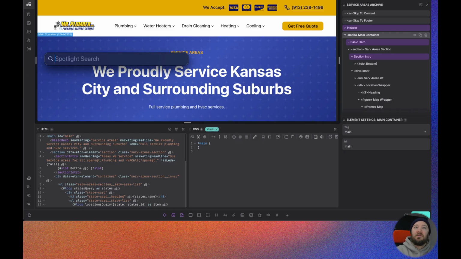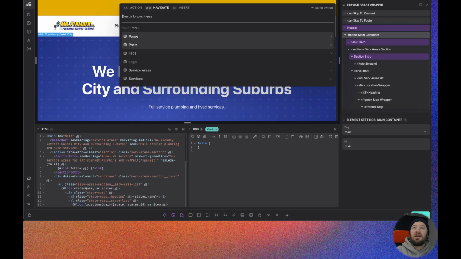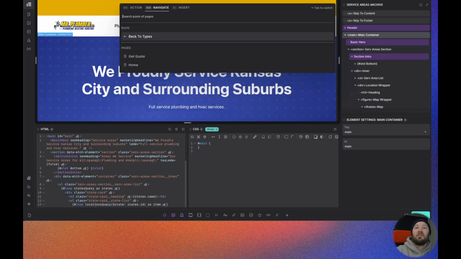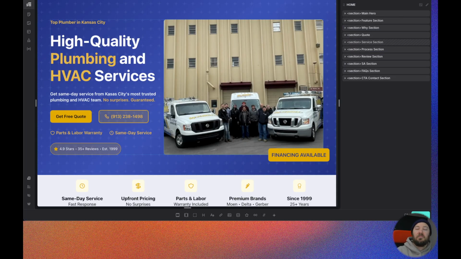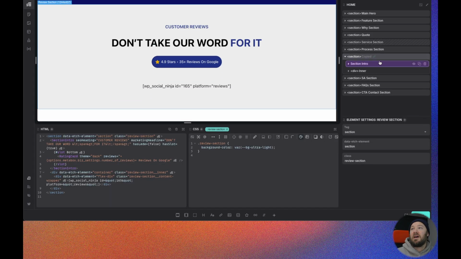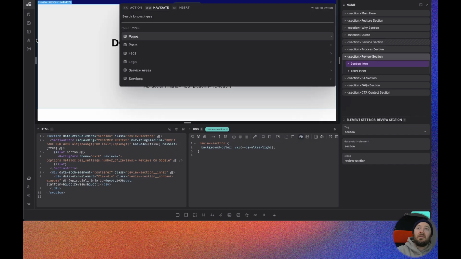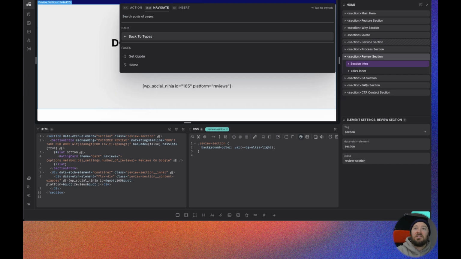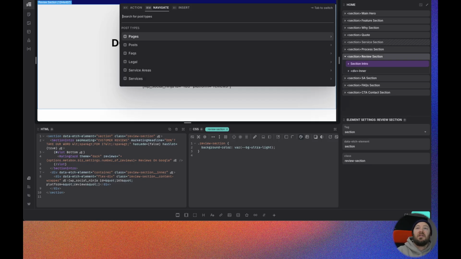Another thing I can do is in my Command K bar, I can navigate to a page and to our home page. And it takes me here, review section, copy, Command M to navigate pages. Or actually, sorry, I want to go to